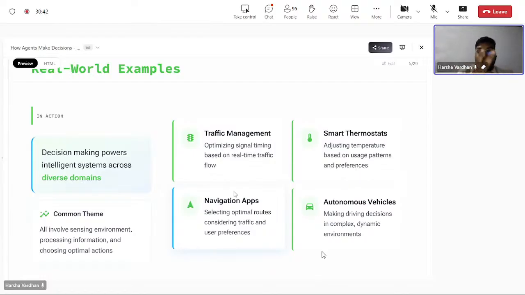So these two are simple if else. These are simple if else conditions where if traffic is more, just let the lane go and stop the other ones. If the traffic is less, just stop it. If else. And smart thermostats are also an if else case, where if the temperature is this, do this, if the temperature is that, do that. Yeah. But when it comes to